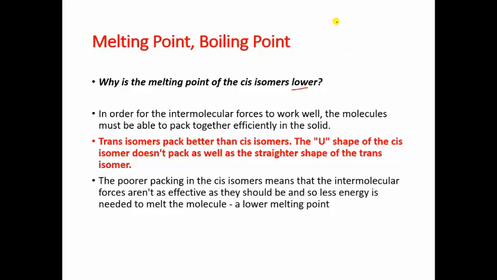So how does the cis isomer occur? Cis isomer is like this, and trans isomer is like this. Okay, so the packing of trans isomer is good. So breaking of this packing requires a higher temperature, and cis has a loose packing, so breaking of this intermolecular bond is easy. So cis isomer has a lower melting point than the trans.